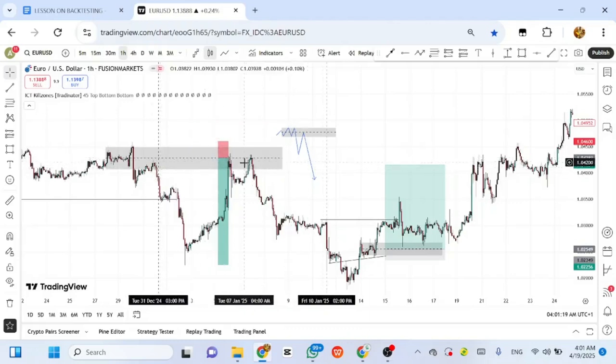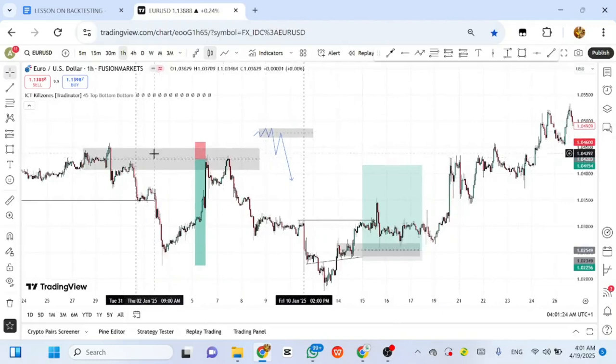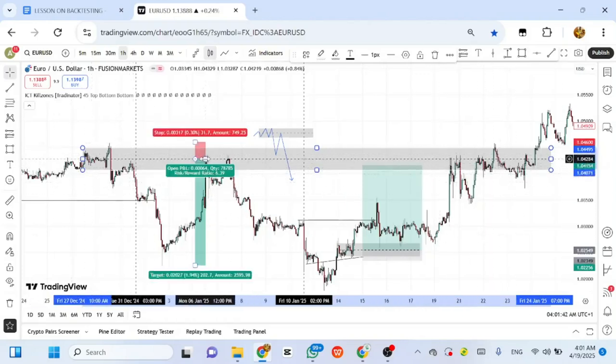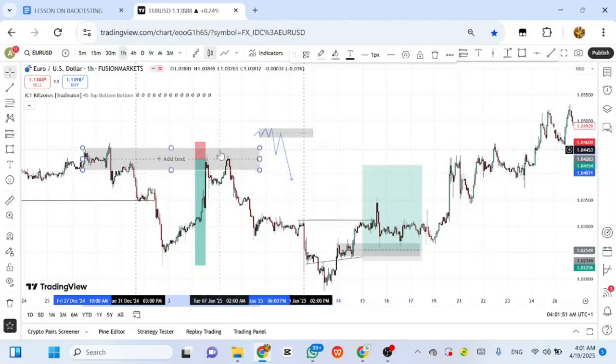See, this is just one part of this. You need to do top down analysis for you to come and look for this kind of setup, right? So this is a resistance zone for me where price will react. See, it reacted from here, it reacted from here. So I know that market will react from this point. What do I need to do? I can just wait for breakout from this zone, but I will not likely sell this market from this zone. You saw the market from here, good. You want to come and sell it from here. It might not make sense, but I just know that there will be some reaction, and it happened. So just take note of this.